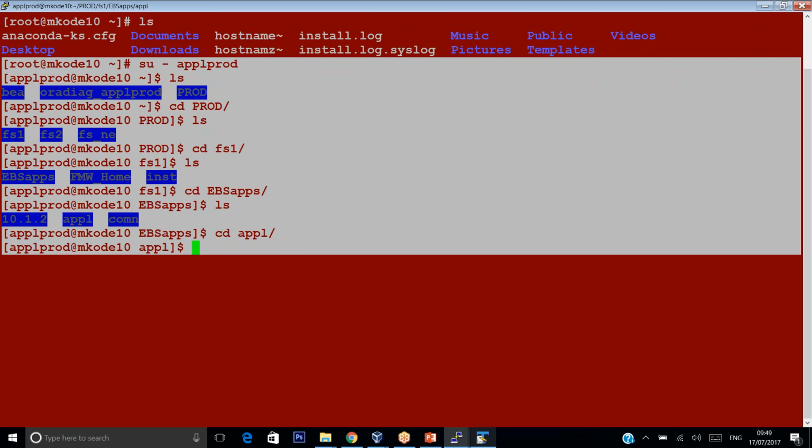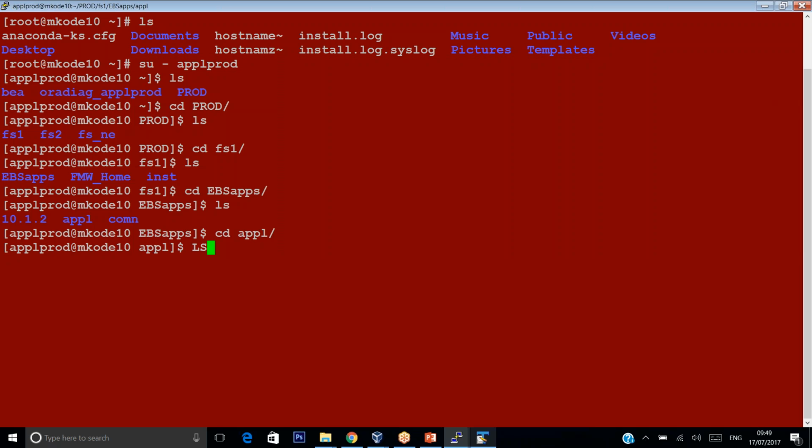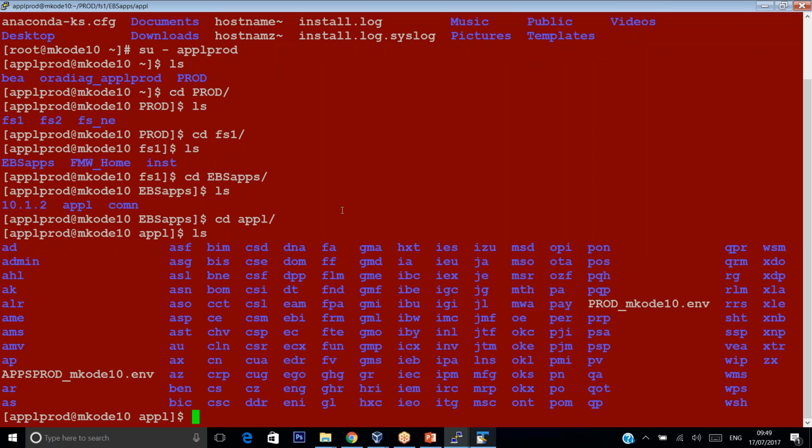Okay, so in this location, what are the contents of the context file? Yeah, it's a big topic, Mohit. Basically, the context file contains everything, in the sense that it has the host name, domain name, port numbers,